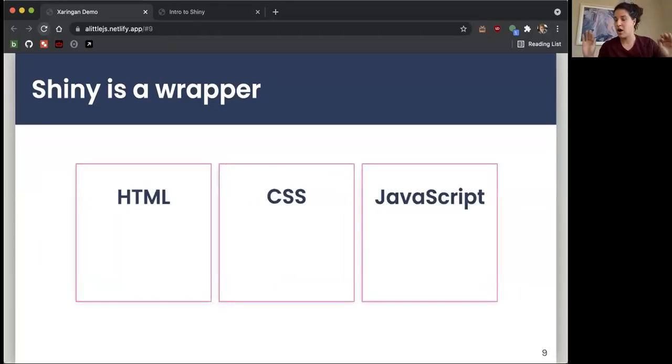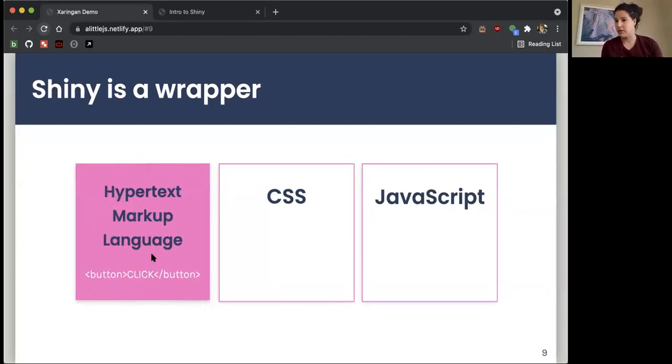What is happening under the hood here is actually 3 new languages. So the first thing is Hypertext Markup Language, which is HTML. For those who are not familiar, HTML is a hierarchical language used to structure your web pages. So you have these elements that are created using tags. So you see here a button is created with the button tag, and then there's always a closing tag at the end of it. And what I mean by hierarchical is your page, you can explore it by saying, I